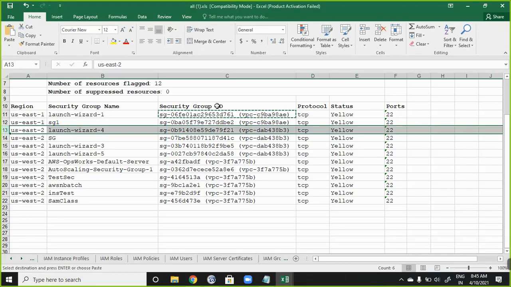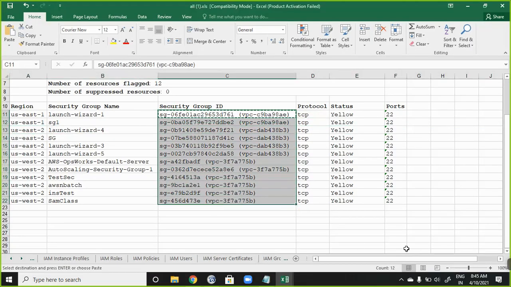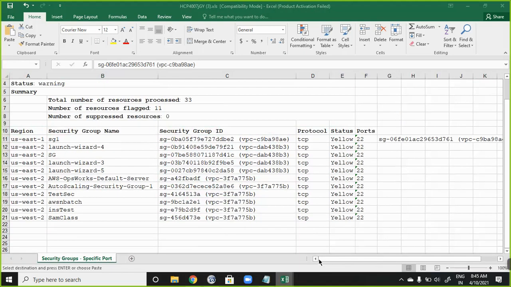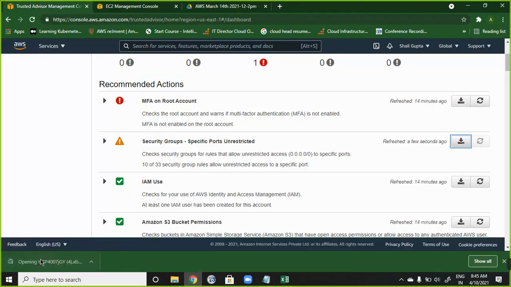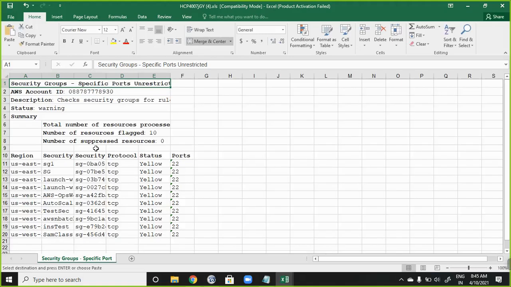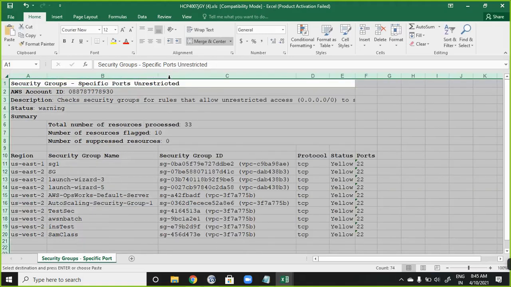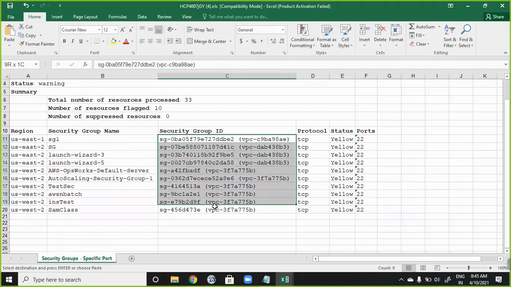So currently there are 12 reports where the impact is there. Out of those we fixed one earlier, that's the reason it reduced to 11. Now if I download the report again, it will be 10. I click on this report again, it's downloaded, and now you can see the report here. If I scroll down, the total count is 10. It means we have fixed 2. The same action can be taken for the others. Now you understood, Ganesh?